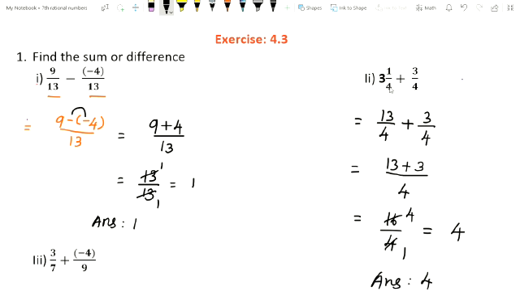I repeat this. 3 into 1 by 4 plus 3 by 4. First you convert into improper fraction. After that you add with 3 by 4. 4 3s are 12. 12 plus 1, 13. 13 by 4 plus 3 by 4. Now you see the denominators. Denominators are same. So write the common denominator 4 and you add the numerators. So 13 plus 3, what you will get? 16. 16 by 4. Now you divide by 4. 4 fours are 16. Now what is the answer children? 4 is the answer. Do you understand children? Shall I move on to the next question?